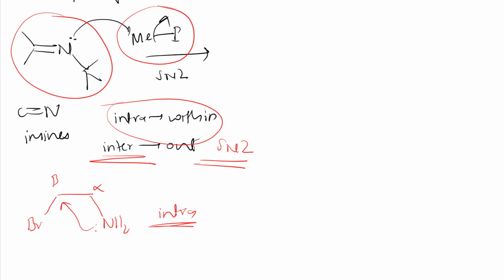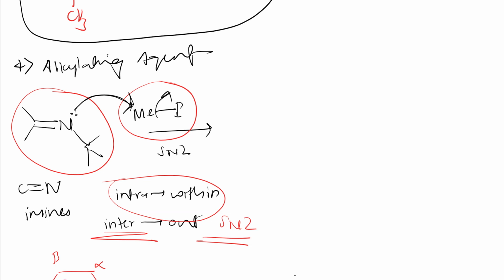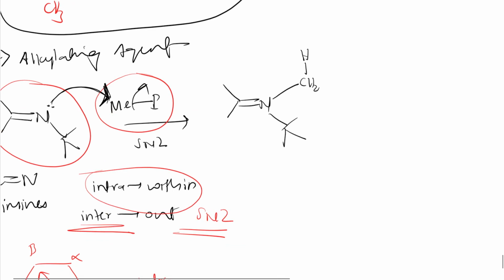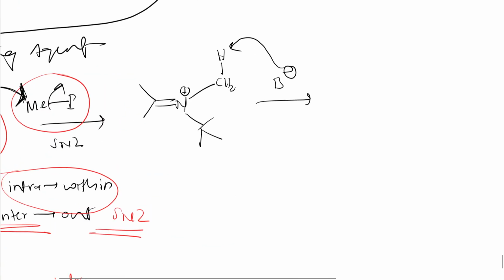Let's go to the reaction now. So this is the reaction. Here an SN2 reaction is taking place. So what happened? I will get this one, nitrogen, other things as it is, and here methyl CH2, let me write, right? So I'll get this, and nitrogen gets a positive charge. To this, if I add a strong base, it will take this proton. So I'll get this kind of structure. Nitrogen is having a positive charge, other things remain as they are, and here CH2 will be having a negative charge.